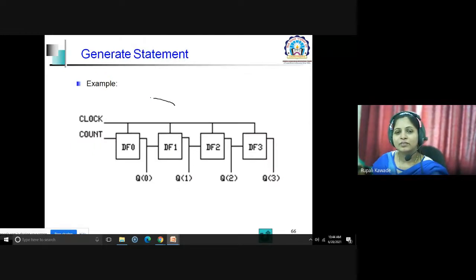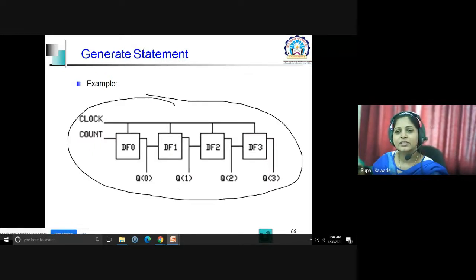With that particular code, this will generate this cascaded structure of the D flip flop, which can be your counter. So for the first, the input is the count, and for the second, the output of the first will be taken as the clock input to the another flip flop.